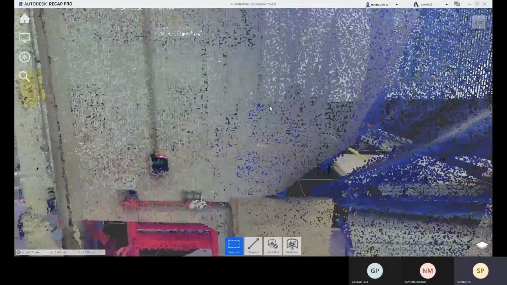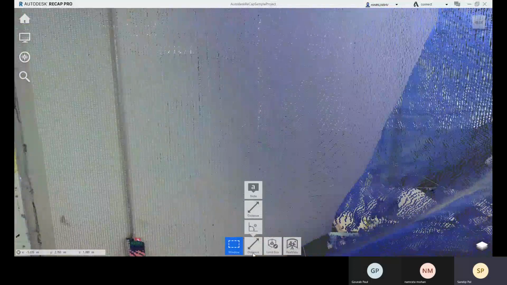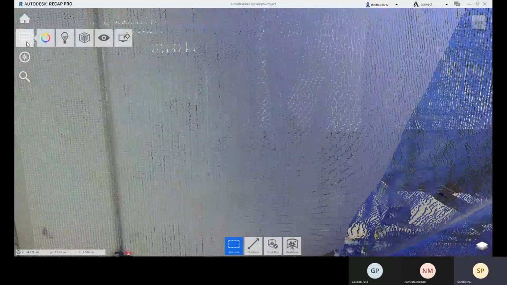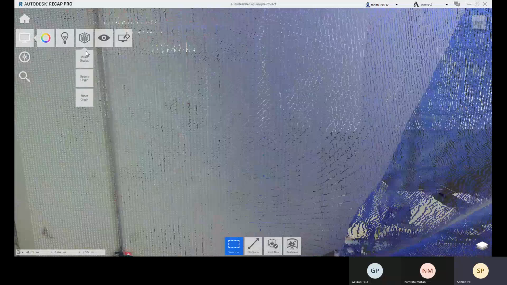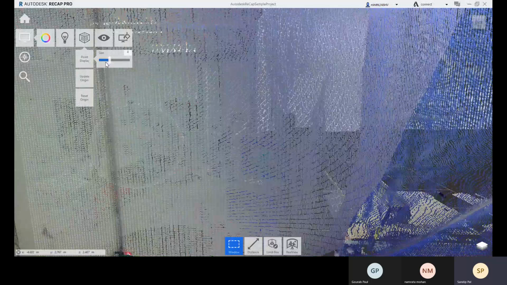This will be better when you are at a close point and you are going for the measurement option, and you are about to measure. For that time, you can go for this point display and increase the point size. Now, if you decrease the point size, it is not so big that it covers the surface, and not too small that you cannot see the points.